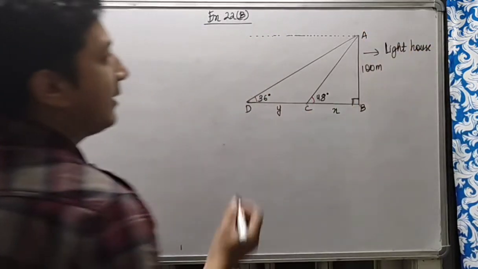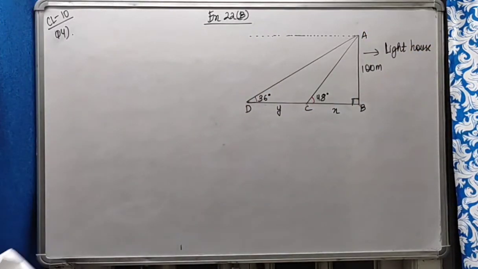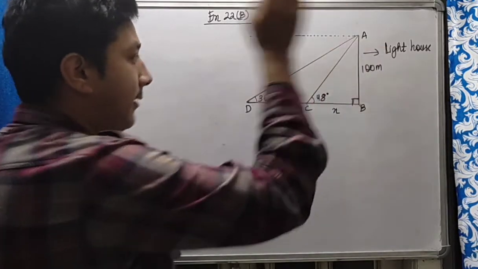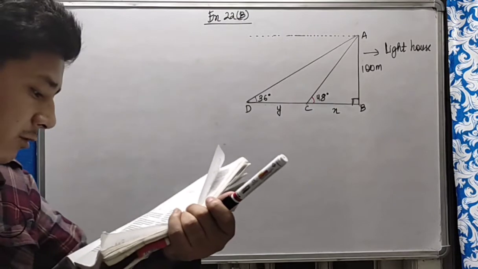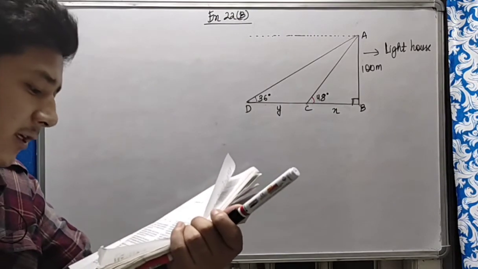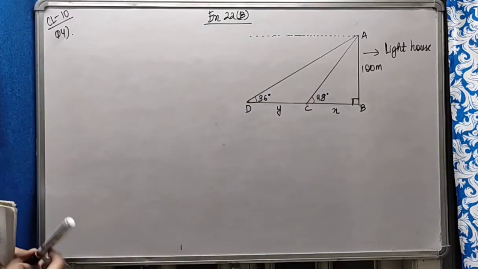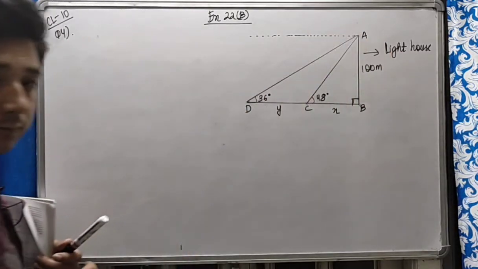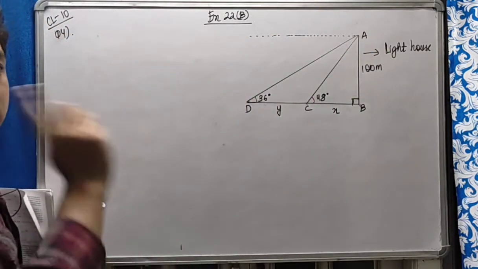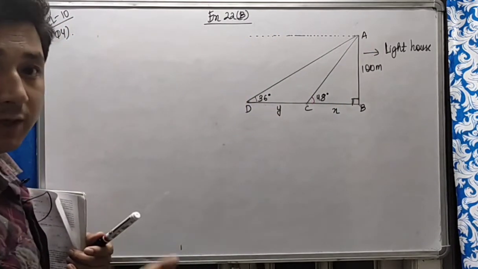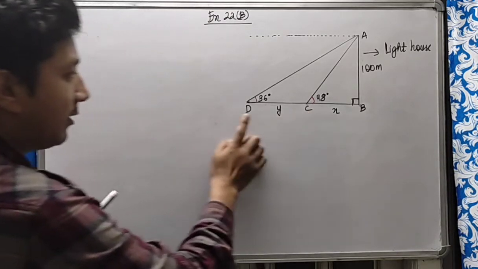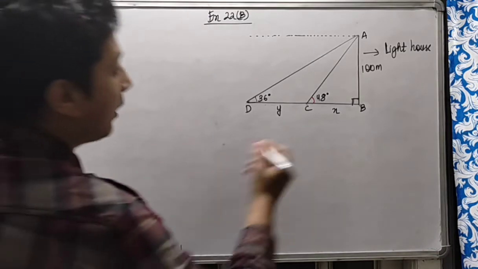So AB is my lighthouse, which is 100 meters high. From the top of the lighthouse, from this point A, the angles of depression of two ships are observed to be 48 degrees and 36 degrees respectively. I have got two ships, one at point C and one at point D. This is ship 1,